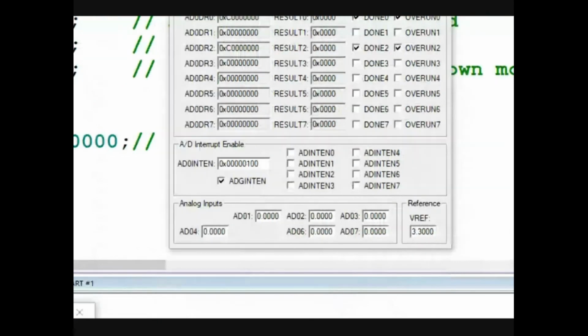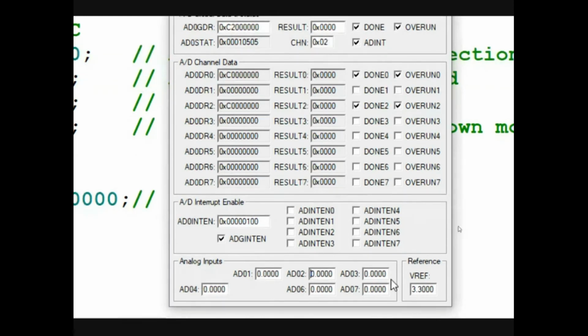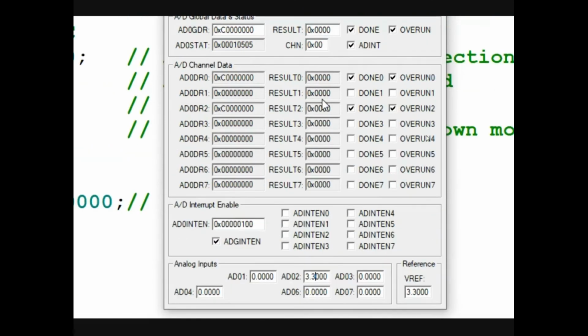And this is the analog input that we are supposed to give. We are interested in ADC 0.2, and the output result we are getting in ADC 0.2 here. So let me give the maximum value. The V reference is 3.3 volts. Let me give the V reference voltage as 3.3 volts, which is the maximum analog input. For the maximum analog input, the ADC has to produce the maximum digital output. Maximum digital means 10 ones. 10 ones is 3FF, right? We are expecting 3FF in the analog to digital converter output.